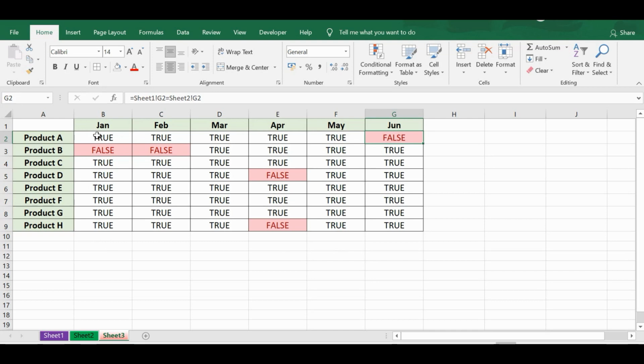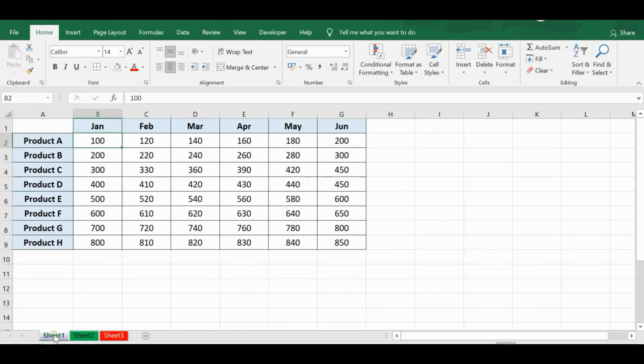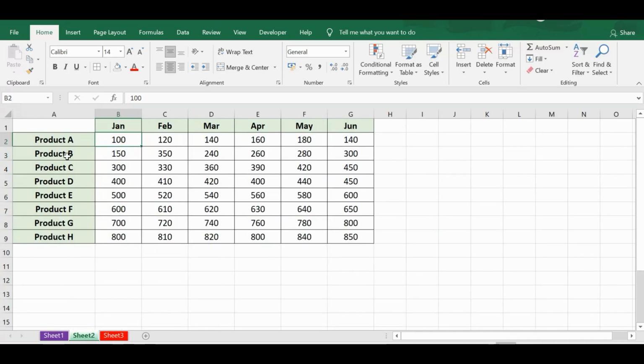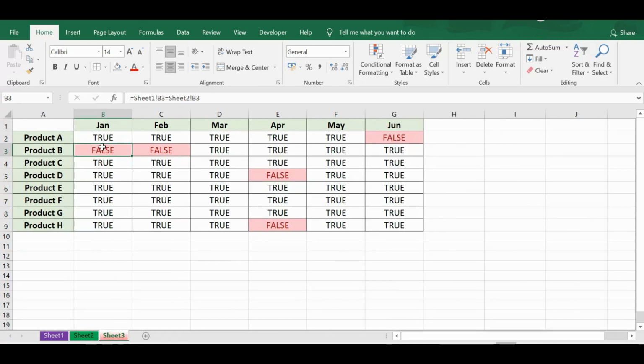So let's check. If I want to see, for product B for Jan, on sheet 1 product B and Jan we have 200, and on sheet 2 product B and Jan we have 150. So on sheet 3 we can easily see that by using a simple formula we have compared and we have found